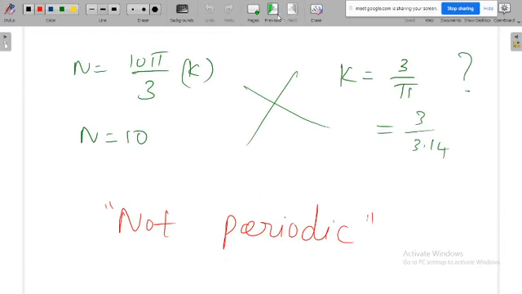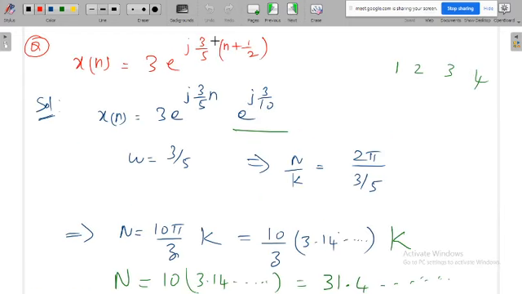Without this much struggle, you can easily tell: if it is a discrete signal and it does not have pi in its component, definitely that is not periodic. But in the exam, you just go by this method, then finally you say it is not periodic. Don't say directly that it is not periodic, then they will not give the mark. This question may come under 5 marks, 8 marks, like that. So you have to do some steps, then only can you finally tell whether the given signal is periodic or not periodic.